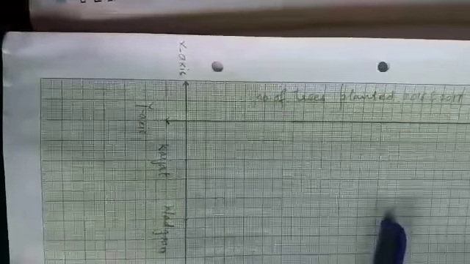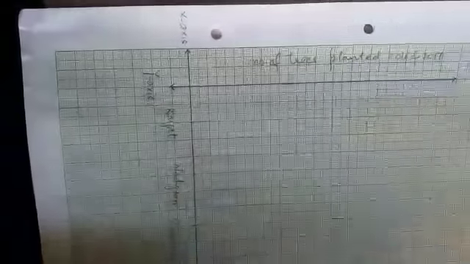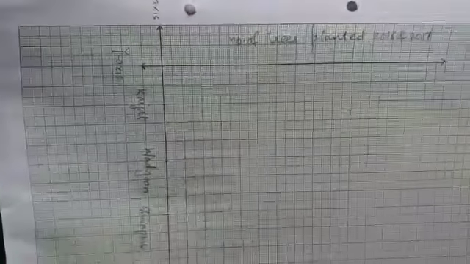If we choose 1 centimeter is equal to 100 trees, then we don't have to make longer bars. We don't have to make longer bars, right? So it's up to you. You can choose the scale of 50, that is the number of trees 50 is equal to 1 centimeter, and the number of trees 100, that is 1 centimeter is equal to 100 trees.